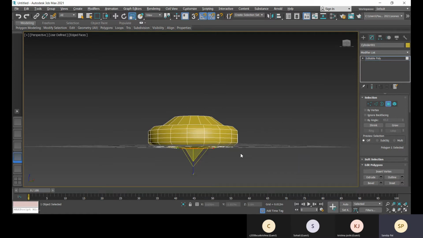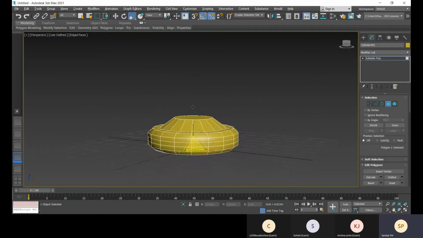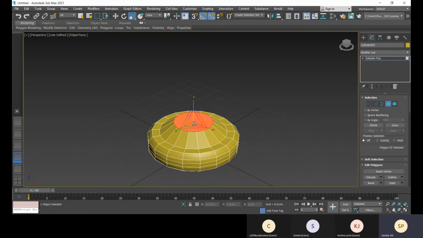Yes, okay, and then again select this, again insert. Okay.